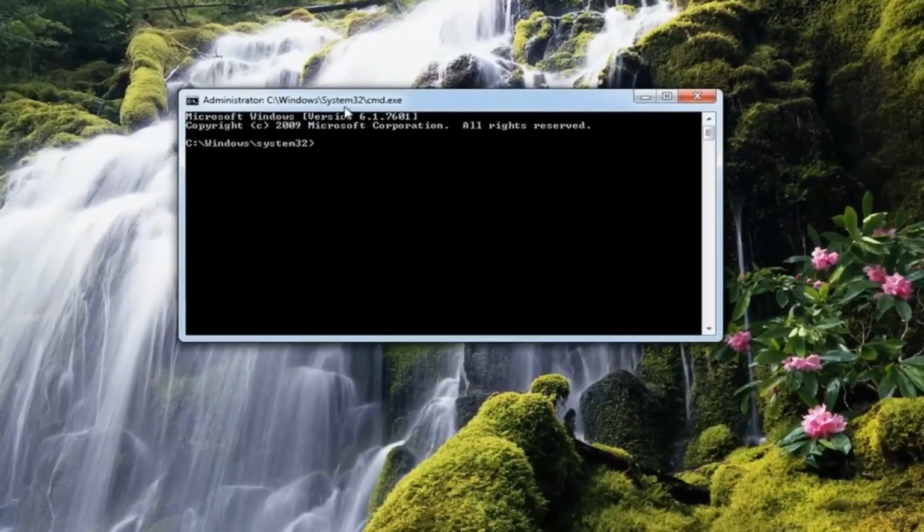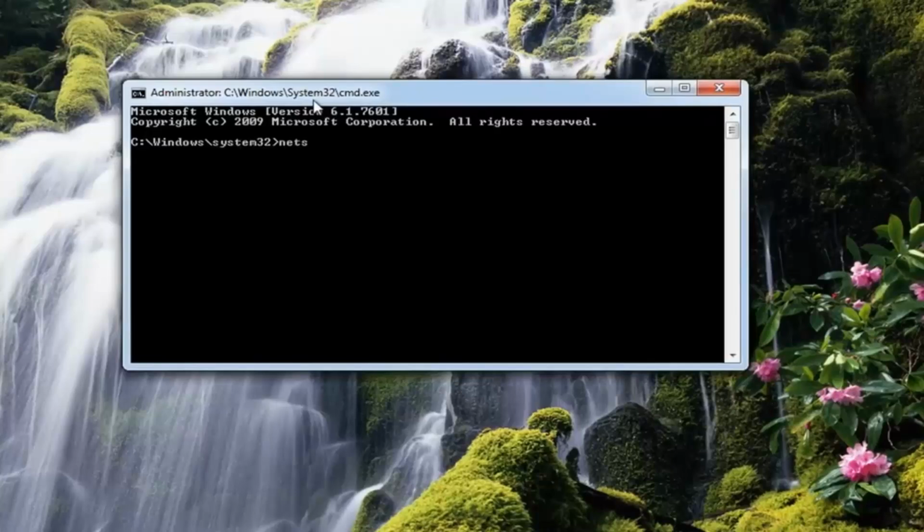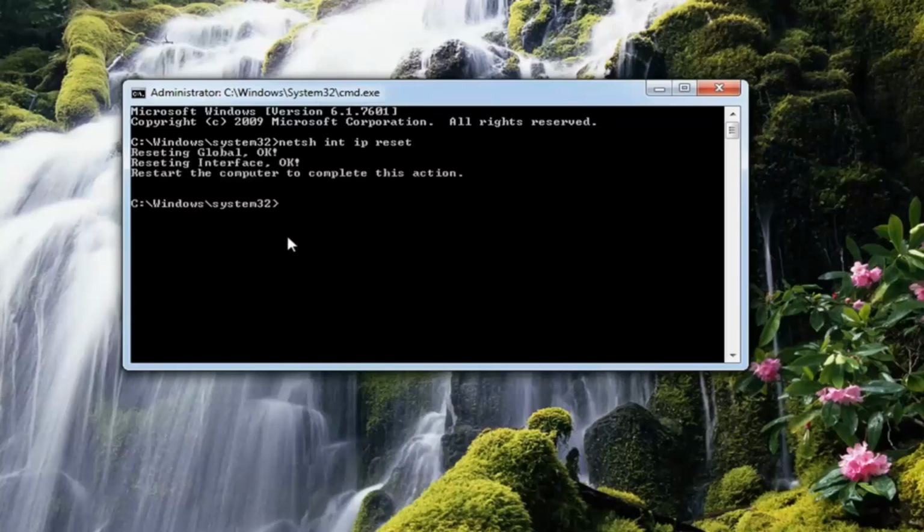Now into the elevated command line window, you want to type in NETSH space INT space IP space reset. Then just hit enter. Give it a second to run here. Once it's done that, you want to type in NETSH space WinSock